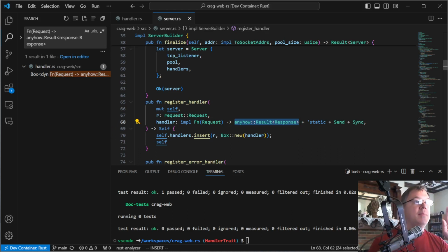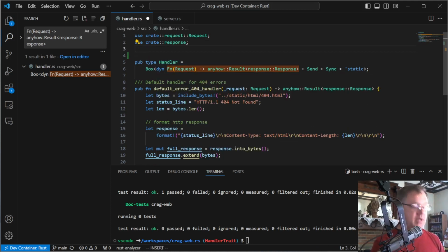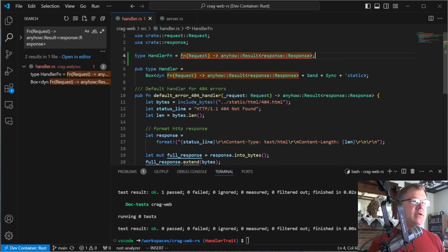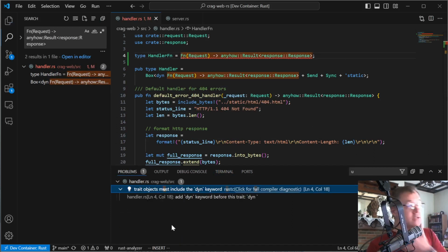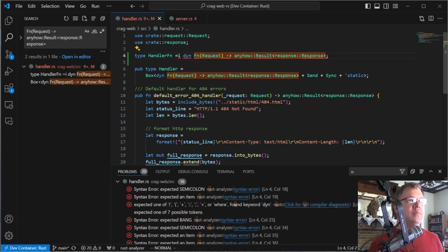I'm like, great, because I did touch on that. When I started to write this, I started to type handler fn is going to be an fn of this, and you hit save, and the compiler's like, dude, you need a dyn for this. I don't know why the compiler's like a surfer that says dude. But if you put dyn here,